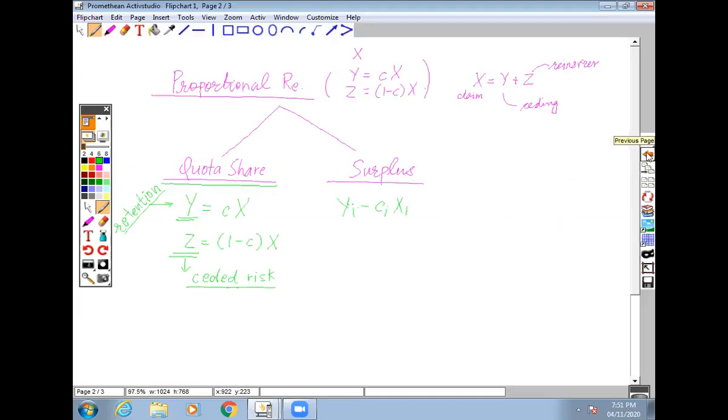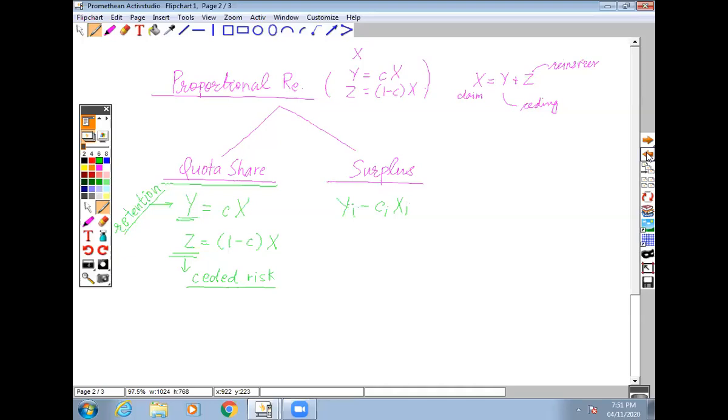Yeah, so basically, let us say I have an insurance company of my own, and I look at motor claims and accident claims. These are the two kinds of claims that I look at, and I'm trying to hedge my risk. So I go to an insurance company and I sign a treaty with them that I will retain 75% of all the claims that I have. So what is my C here? 0.75, right? And that is how it works in quota share.